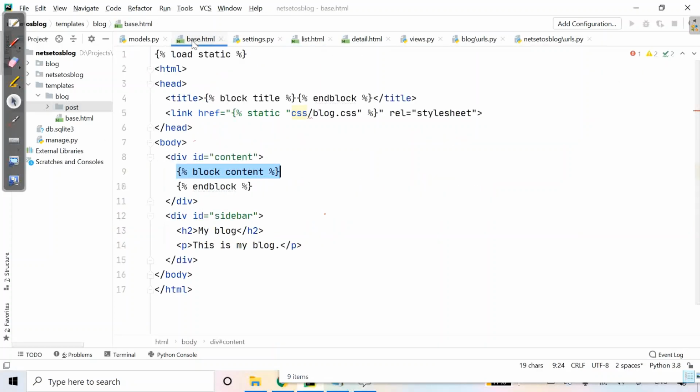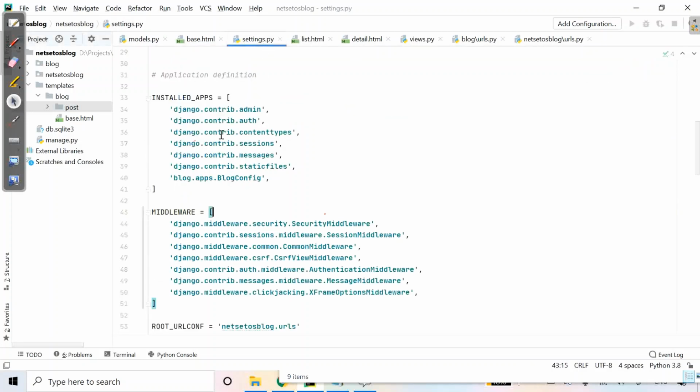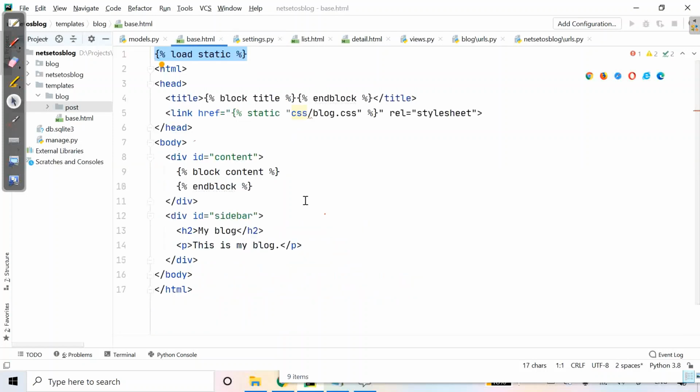Now if you see base.html, we had used load static which tells Django to load the static template tags that are provided by django.contrib.staticfiles, which is mentioned in settings installed apps. After loading them, we will be able to use static files throughout the template.